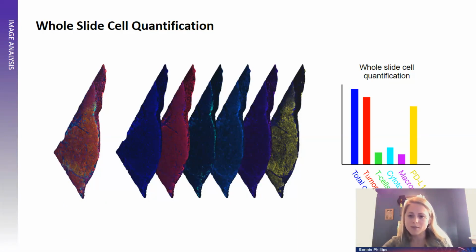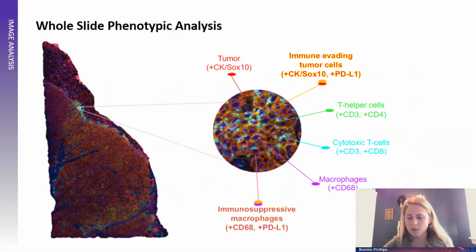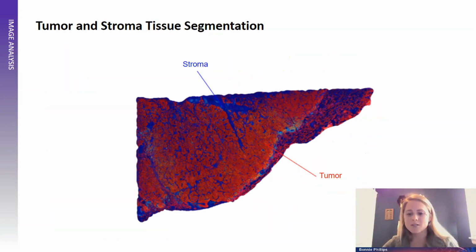But just to give you some examples of the data that can be acquired, with whole slide cell quantification, we can quantify each of these single markers. With that, we can go a step further where we can look at more complicated phenotypes, where we could look at double positives or triple positives, where we can identify not just tumor cells, but immune-evading tumor cells. If we wanted to look at T cells, regulatory T cells, exhausted T cells, we could do all of that and more. And we can do this either for the whole entire tissue section, or we could potentially segment out